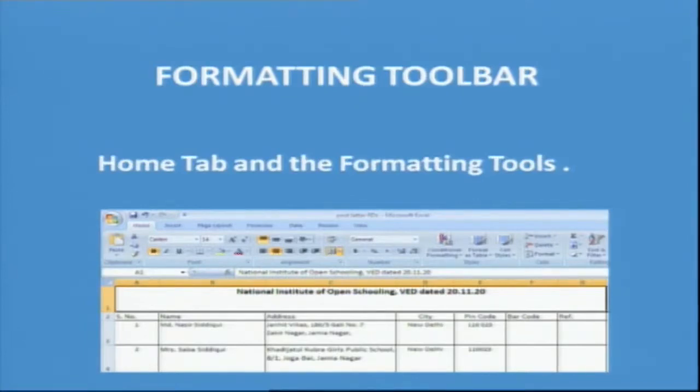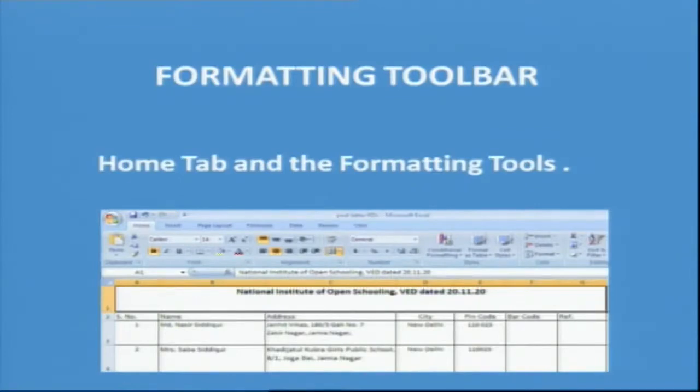Then in the number group, there are different formatting styles available, like General and Number. Then Dollar, if you want to insert a currency symbol in your data, you can do that. If you want to insert a percentage symbol, you can add that. If you want to use the comma operator, you can do that. So these are the different styles we have. If you require any type of style for your data, you can use it. We use the comma style when we want to mention money.